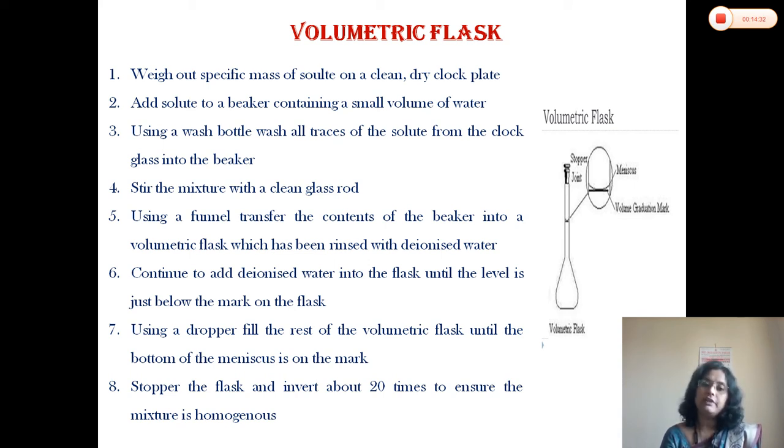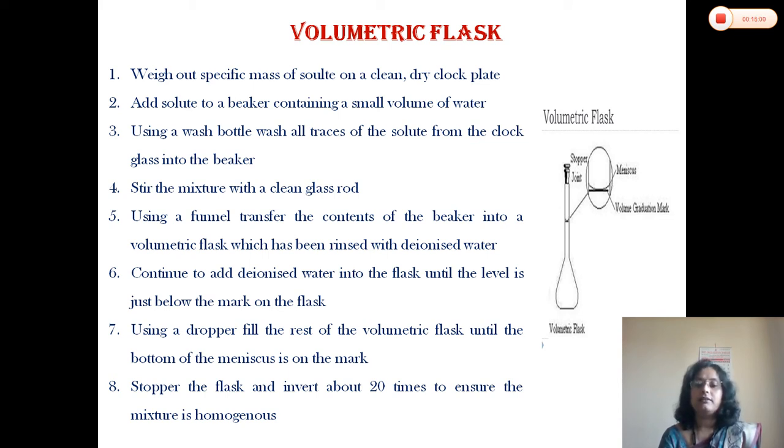Before transferring the solute into the beaker, keep in mind that the beaker must be properly washed and then rinsed with deionized water. After dissolving the solute in a small amount of deionized water, transfer that solution into the volumetric flask and then fill the flask with distilled water